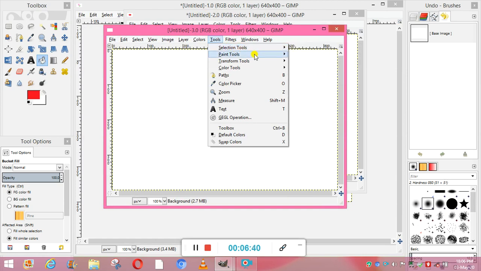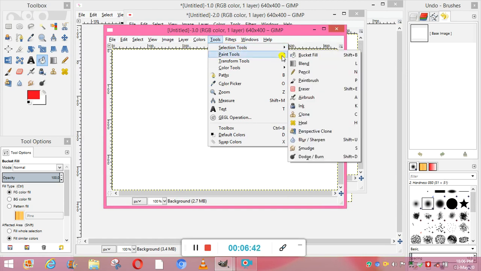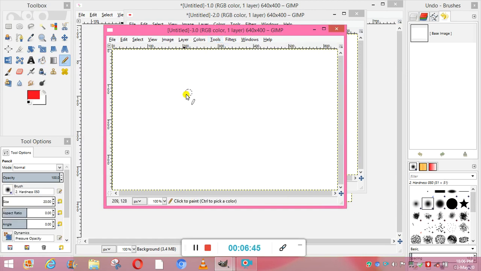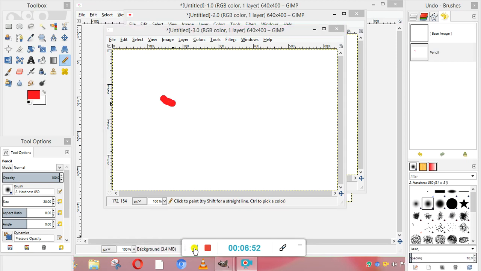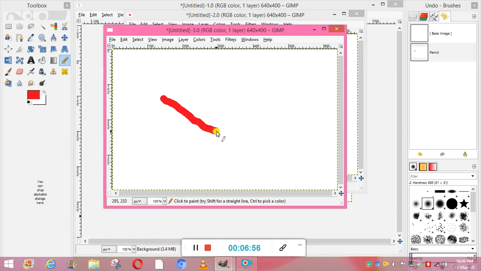Okay, suppose I select this pencil and I'm clicking the shift button. I have taken the color red, that's why my line is becoming red. So I can make it of any length or any width.